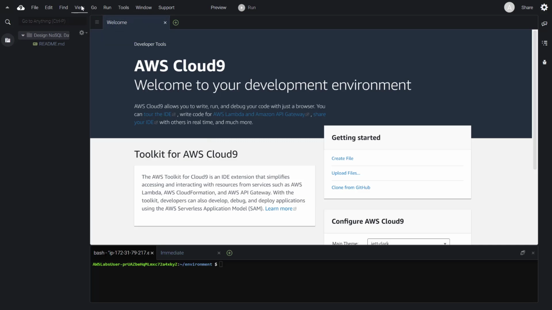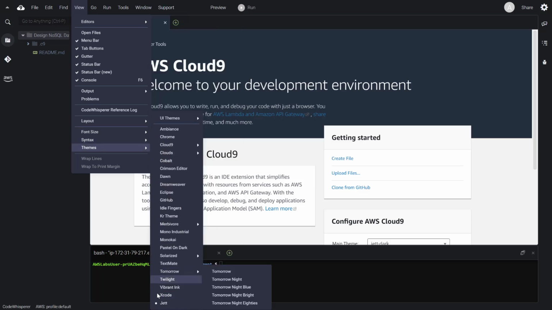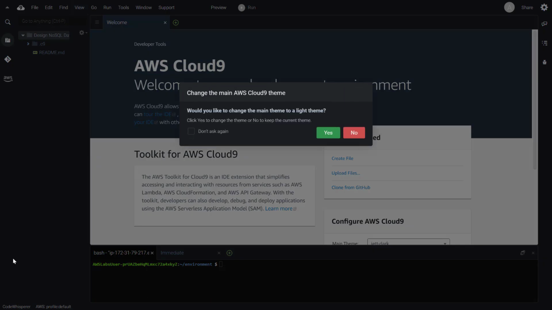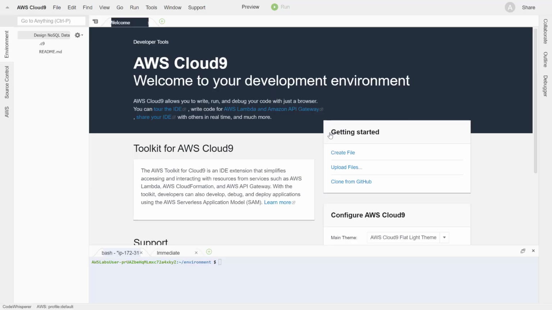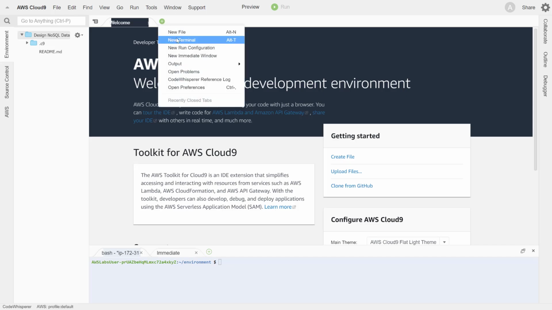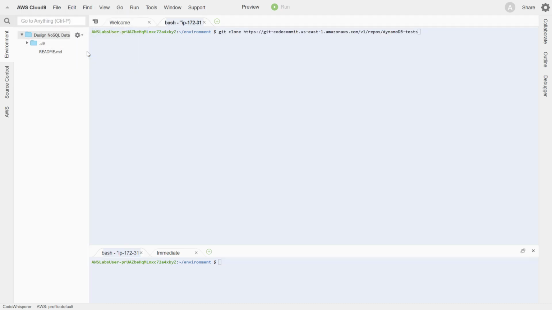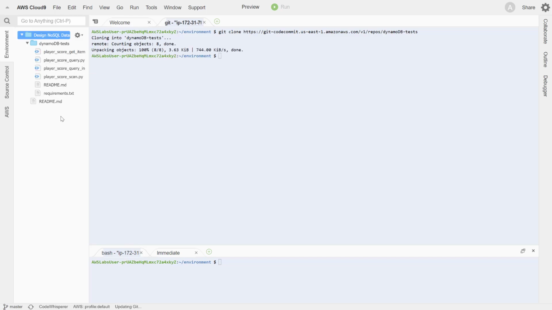Then they wanted us to go into view, themes, Xcode. Yes, I want to. Now let's pick a new terminal. Then we have to copy paste whatever we copied. Yes, allow it. So we are just cloning whatever is in there, which is DynamoDB tests. So it is going to bring that Git here. You can see that it is still doing it. Okay, it brought in everything that is there.